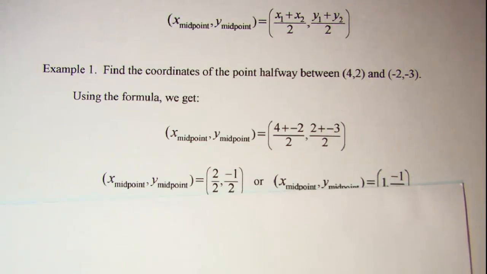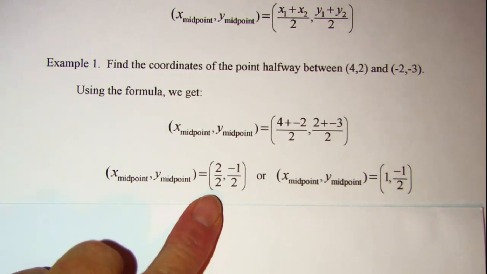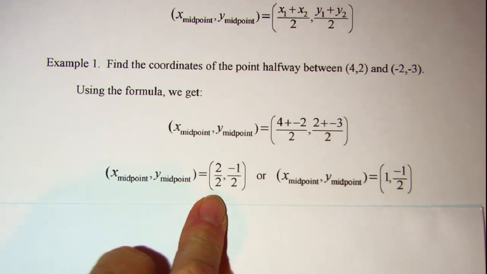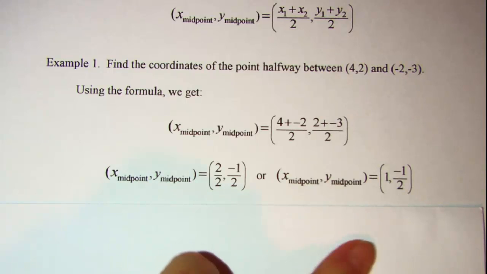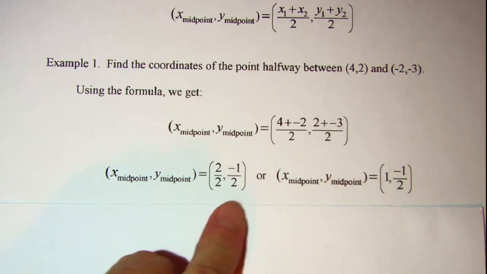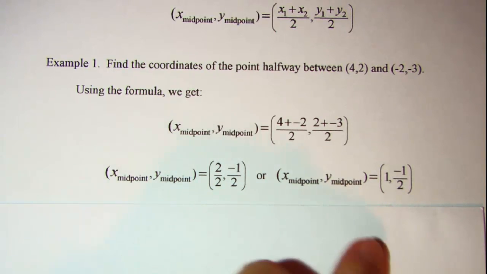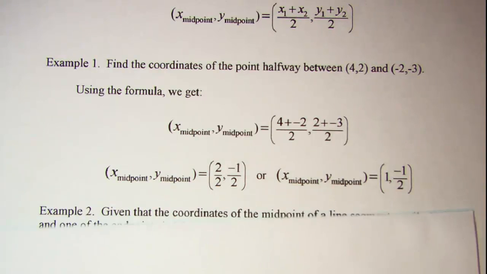Do the math. The x coordinate of the midpoint is 2 divided by 2, or 1. And the y coordinate of the midpoint is -1/2. Now our second example,